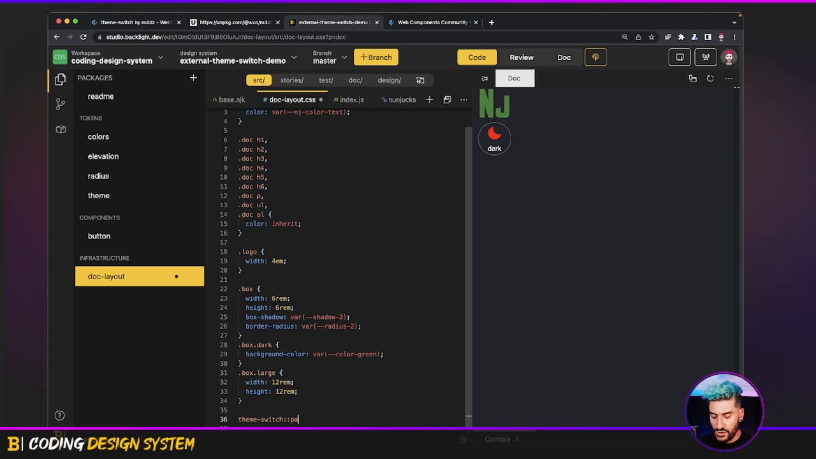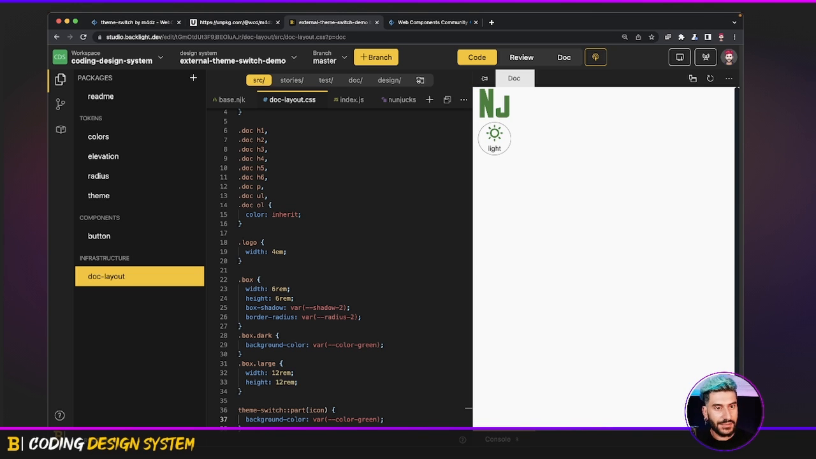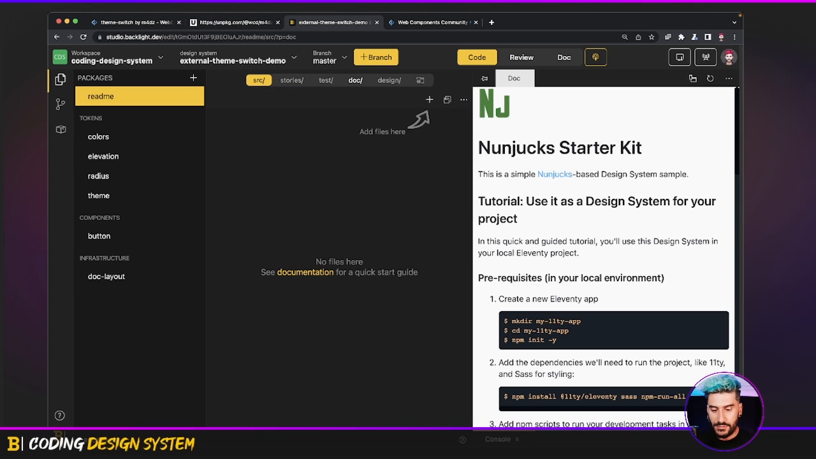So my theme switch part icon element has a background color that is directly using the current main color, which is the color green. So if I do that, perfect. I've got my icon, which has a color which is exactly the color based on the design token, because it's exploiting directly the design token containing the color. And if I click on it, it's just updating the theme, which means that if I open my README section,